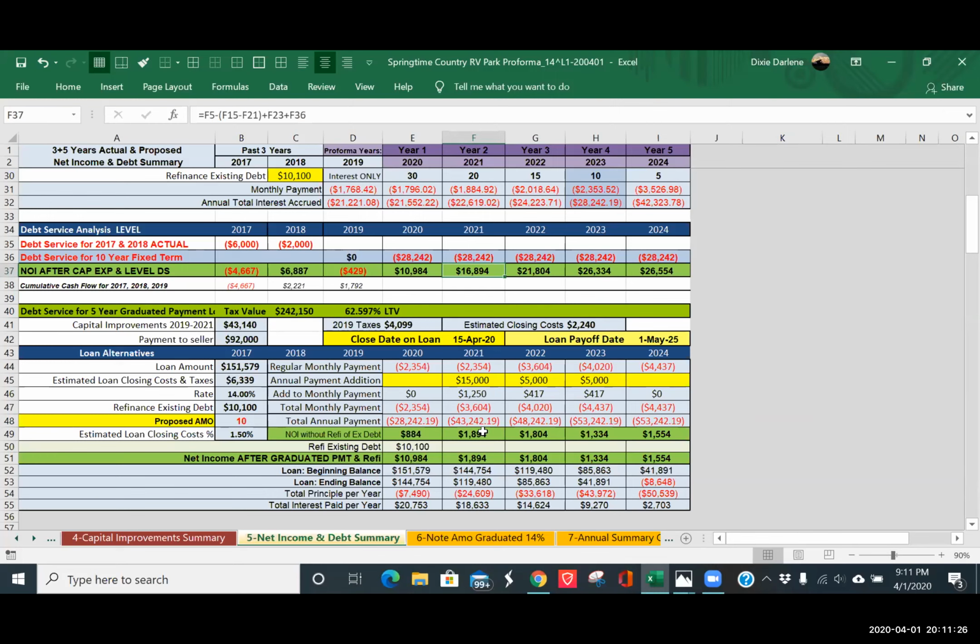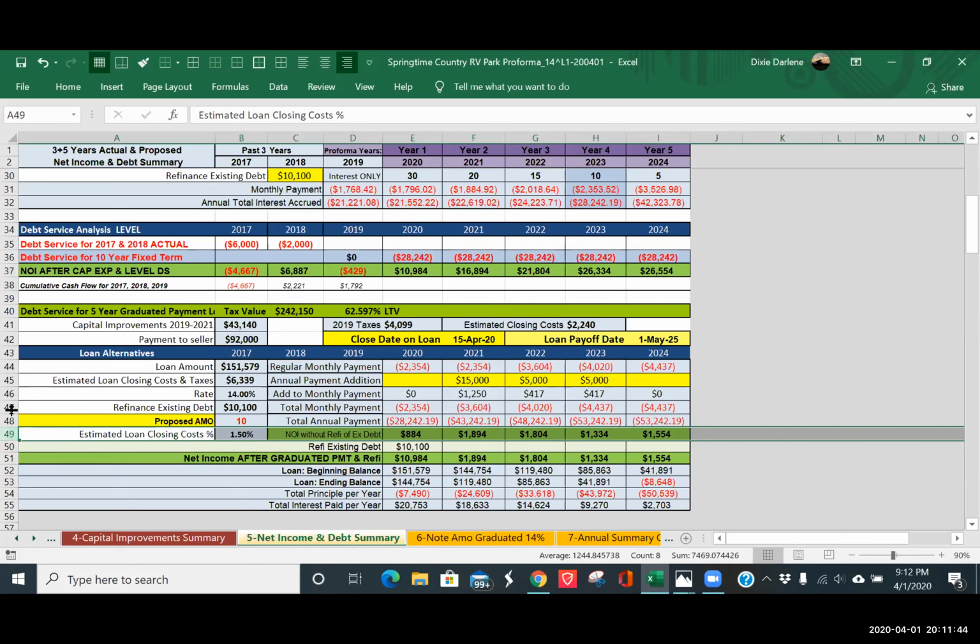You see that? And if you plug in the $15,000, it calculates for you what the monthly payment increase is, $1,250. And then it tells you how much the total monthly payment will be, including the $2,354 from the previous year. Look on line 47. Add to it the $1,250. That's the prorated amount from the $15,000, and it now gives you a total payment of